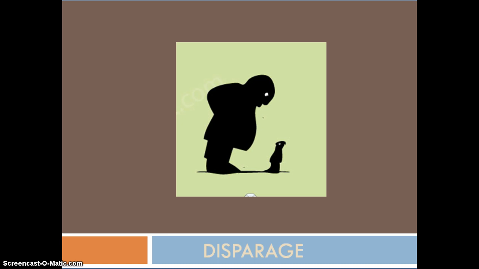Disparage is next, and a lot of times you'll hear this used as an adjective, as in disparaging. But this word is just disparage. It's a verb. It means to belittle, to speak slightly of, or to undervalue. So to belittle someone is to make them feel as though they're not worth it. So that's why this picture fits perfectly. The bullying one would kind of go with this as well. You kind of are putting people down, but this is actually that you don't even care about the person. You'd rather not even have their opinion. They're just undervalued. The synonym for disparage is to degrade, and the antonym is extol.